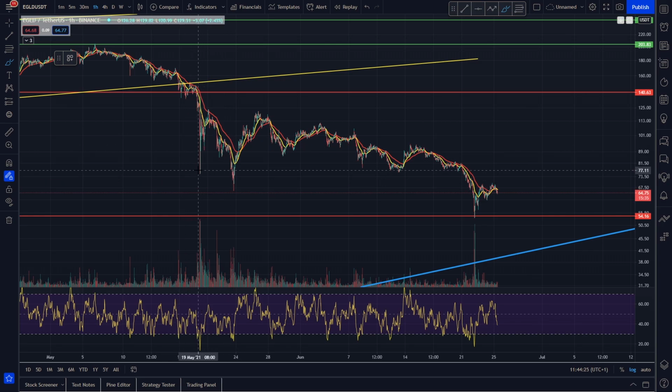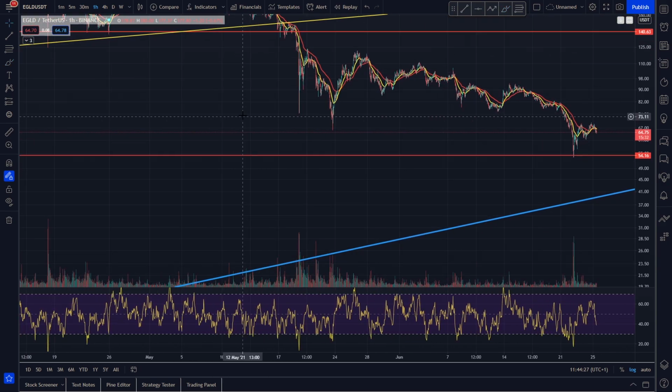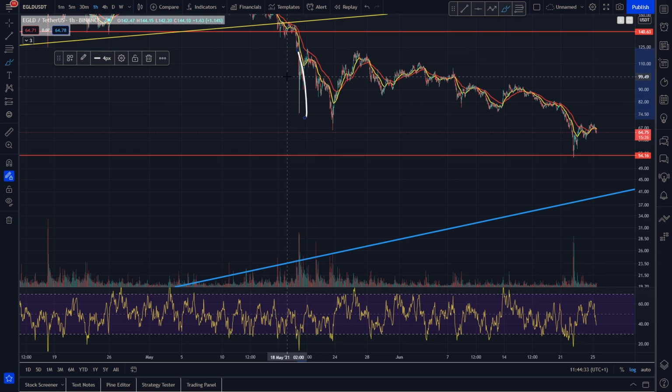As you can see, initially when we got the big correction in May here, we came all the way down to around $75. We actually bounced back up above 100, and we did think that this would be quite a strong level of support at around $100, but as you can see, we did continue to roll over with the market basically chopping sideways. And when Bitcoin chops sideways, altcoins usually start to bleed, and as you can see, that is what's been happening